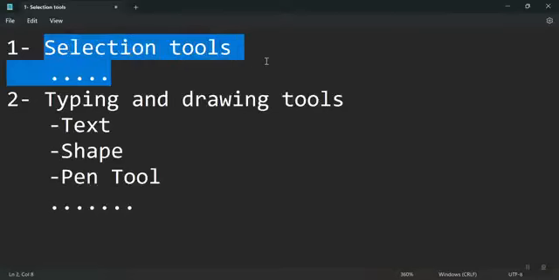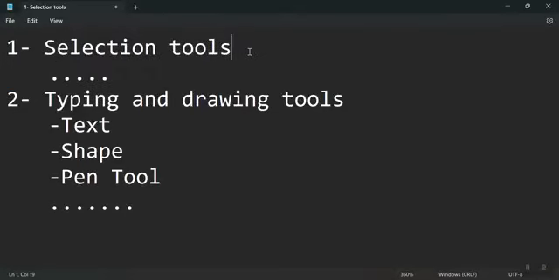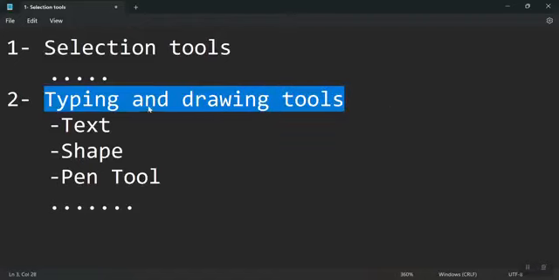The first group of toolbox was selection tools. We have already studied about 10 tools and also some necessary commands. Then we are going to start the second group of toolbox that are typing and drawing tools. Inside this group of toolbox, you have also 10 or 15 tools that help you to type something and also